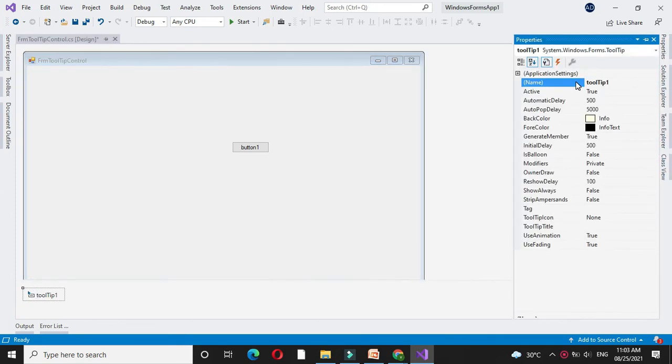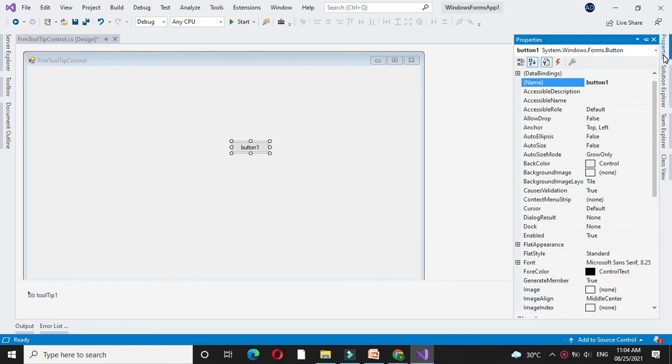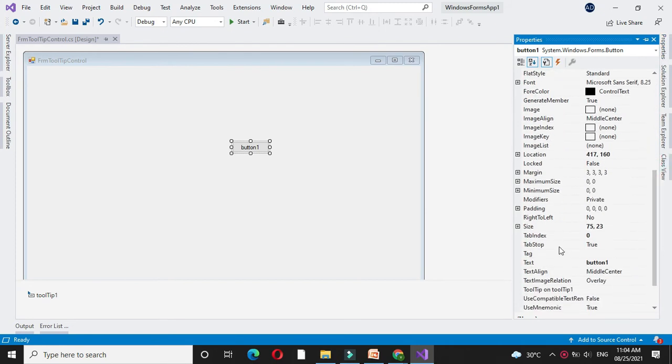You can set the properties of tooltip using the property window. To add the tooltip to the control, select the control and from the property window write a message that you want to display, that is, ToolTip on toolTip1, which is the control that we have added.